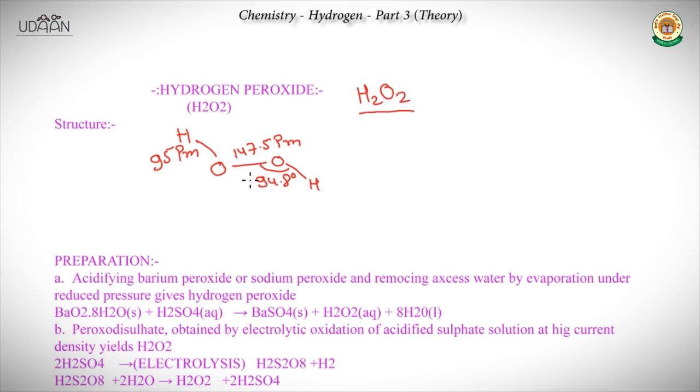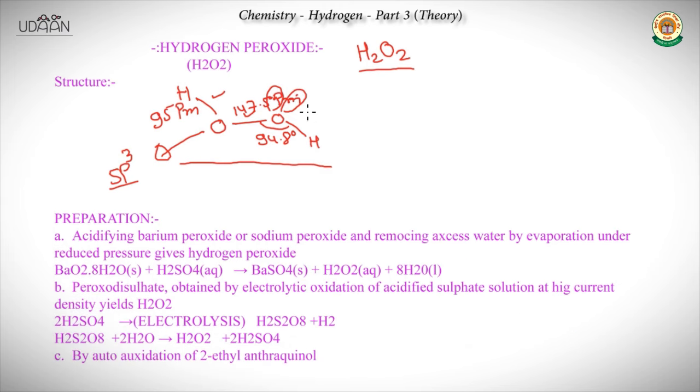it is a non-planar structure. Within this compound, oxygen has sp3 hybridization, in which two orbitals are used to form sigma bonds, and two sp3 hybridized orbitals are used to hold lone pairs. These lone pairs cause repulsion and reduce the bond angle. It is reduced from 109 to 94.8 degrees, and this angle is in the gaseous state.